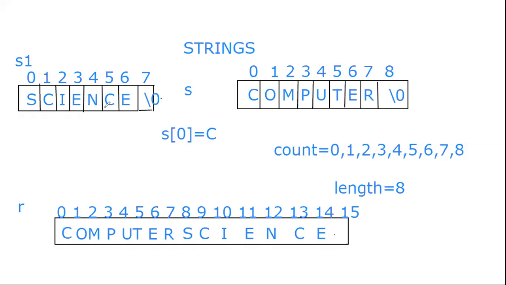If we have string 1 here, comparing with the previous problem I just told, till sci, what actually happens is, if we give n as 3, it will take s and add it here after r. The null character will be moved later. So S and then C and then I. The value of the first string becomes computer SCI and null. I hope this is clear, the meaning of strncat.